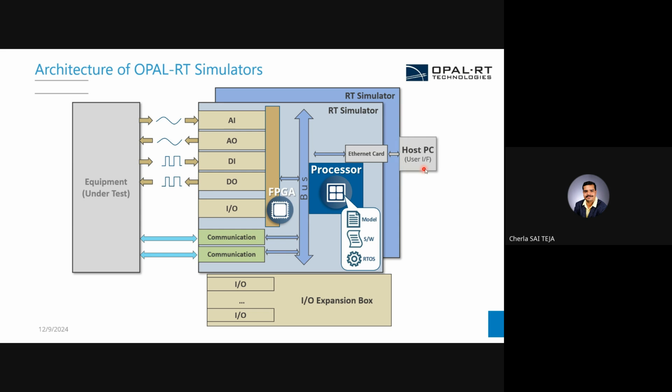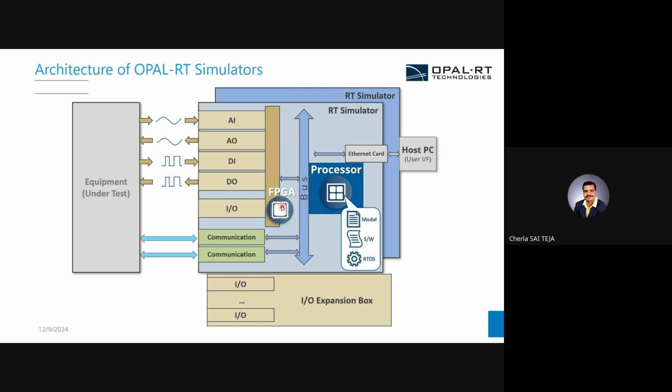If you see this, we call it a host PC. This is the place where a user will be developing their model. Once the model is designed, we'll be having TCP/IP based communication to send this model from this host PC to the real-time target, the real-time simulator. And once it's sent here, the model will be executing on this CPU processor. This is where the processor will be having the real-time OS required software, and the model execution will be happening here. Then we'll be having a PCI based bus using which the data of the model will be sent